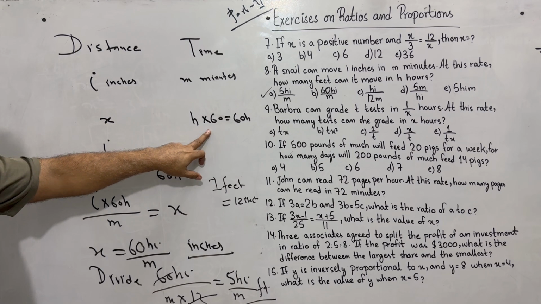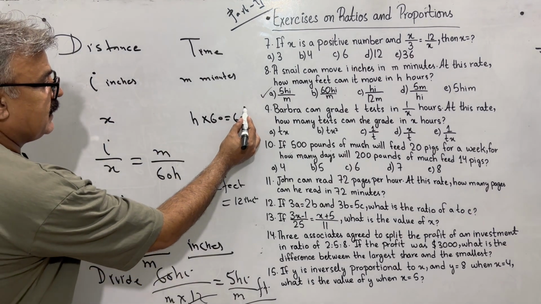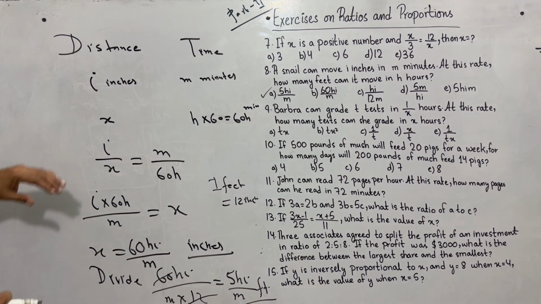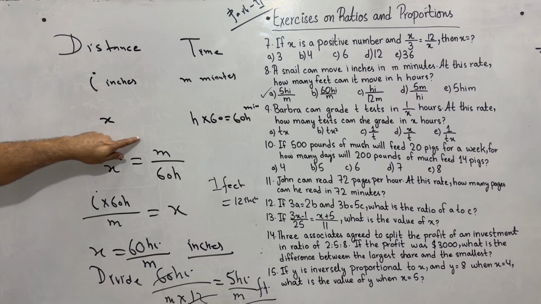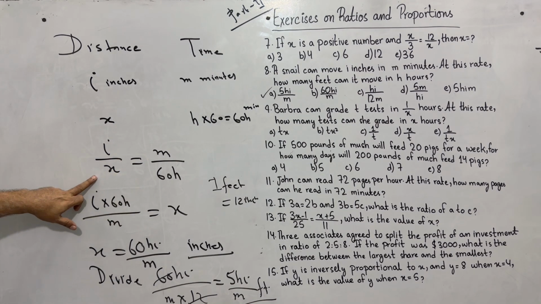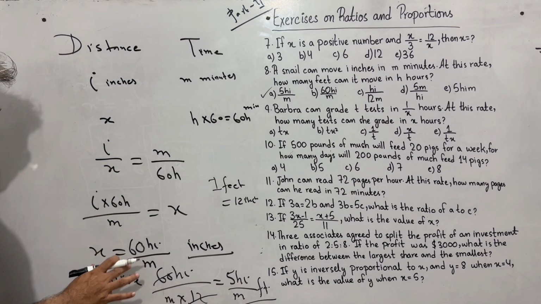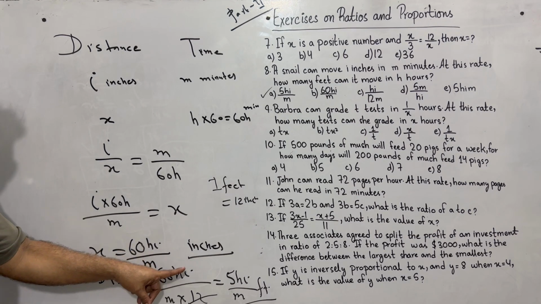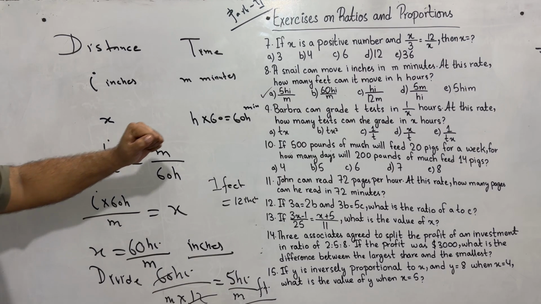I have multiplied h with 60 in order to convert this into minutes. Now our units are compatible, they are parallel, it's good. Direct ratio: 1 over x is equal to m over 60h. Solve for x, the distance. The distance x is equal to 60 times h over m inches, and we are also restricted to give